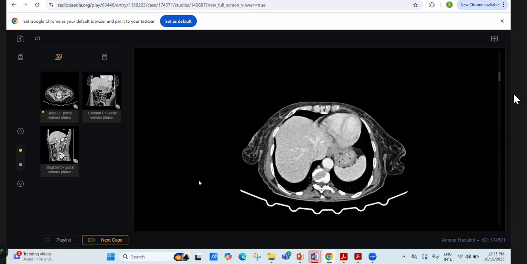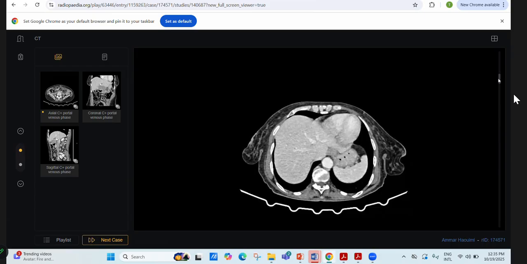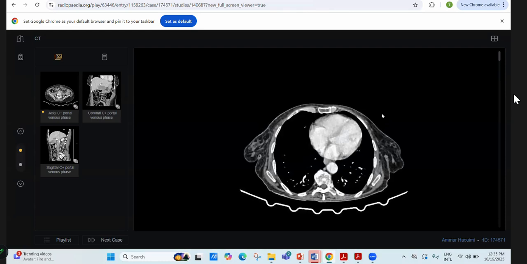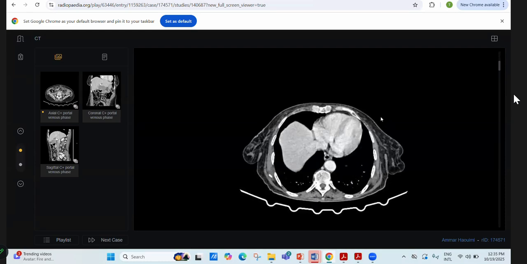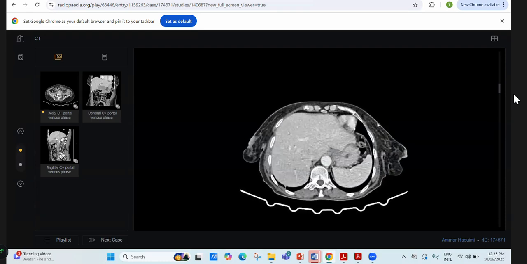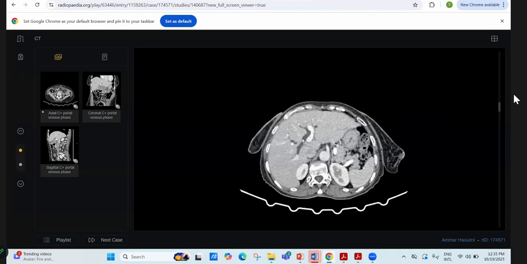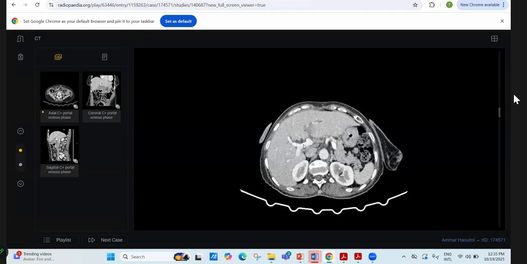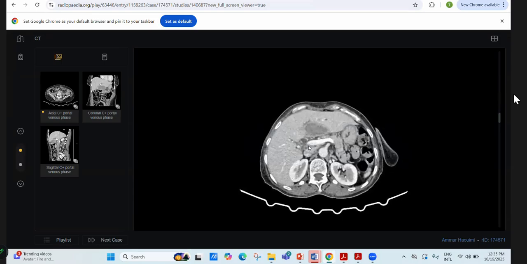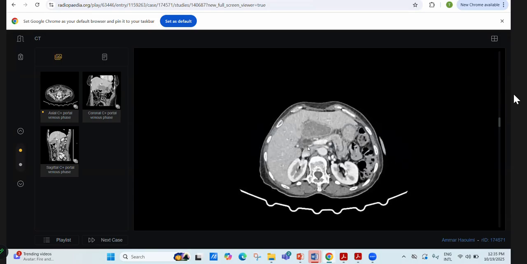Patient had recent history of surgery. So I've been presented with an axial CT abdomen in the portovenous phase of a patient who has a recent history of surgery. The first thing I can see is that there is slight intrahepatic cholestasis with